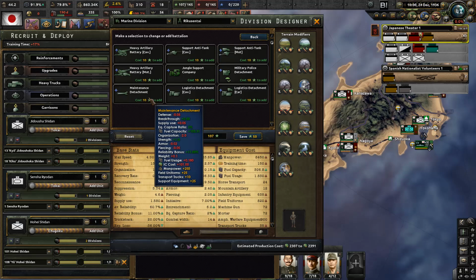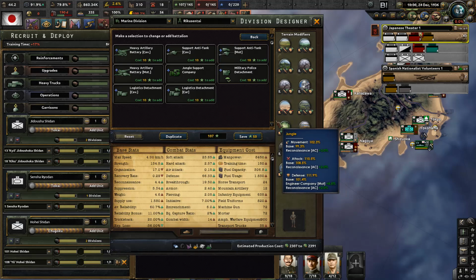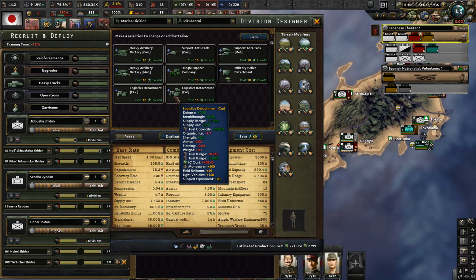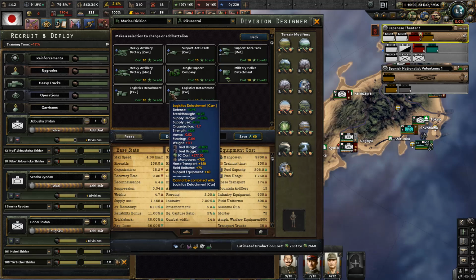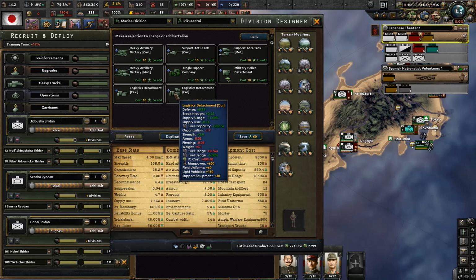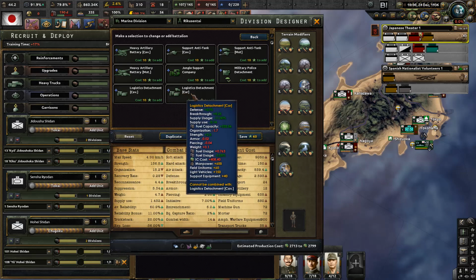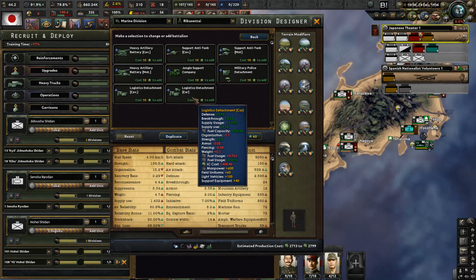So maintenance detachment gives 11% reliability bonus, so we need that. And definitely the logistics company. Gives them extra fuel capacity. Lowers fuel usage. Okay, you guys would actually lower fuel usage while you would increase it. But you give no fuel capacity bonus. 232. How much fuel? Oh wow, that would double your fuel capacity, so...